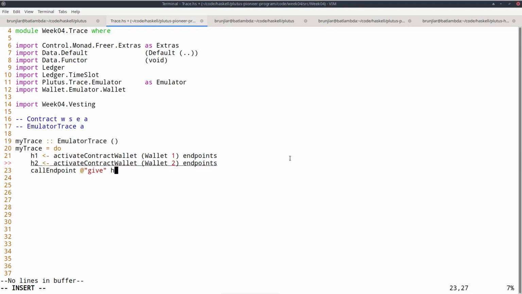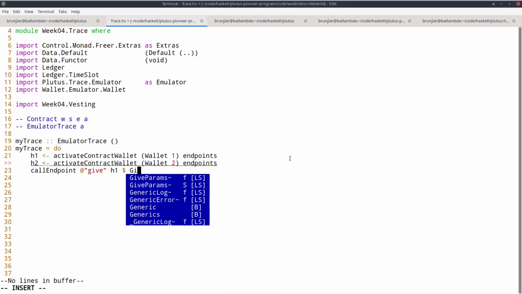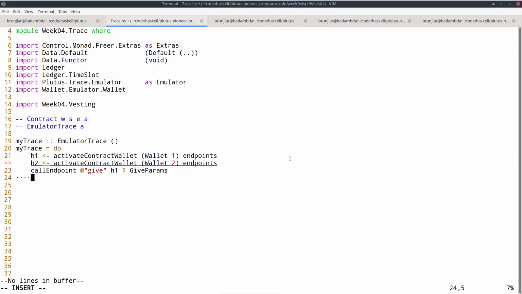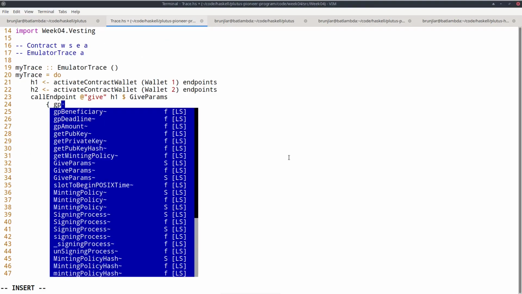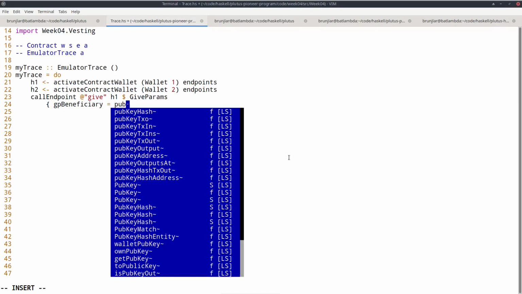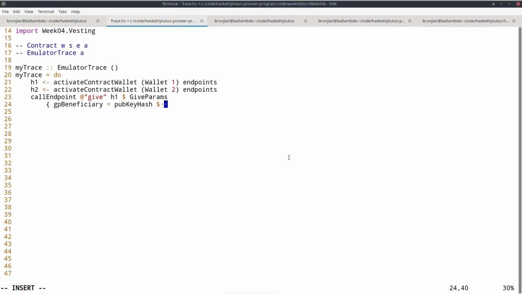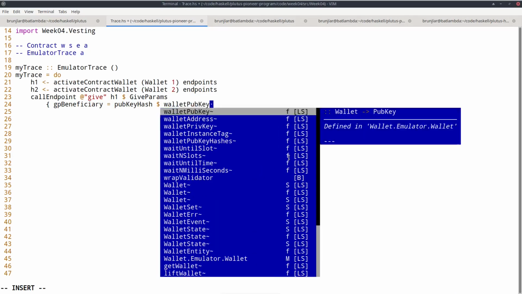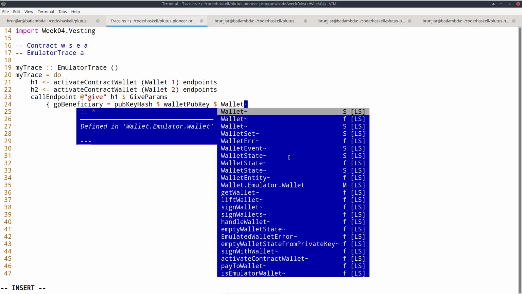And now we must specify the parameters, the values we give to this endpoint. So in the case of give, that was the give params data type, and that had 3 arguments: the beneficiary, the deadline, and the amount. The beneficiary should be wallet 2, and it must be wallet 2's pub key hash. And we can do that with pub key hash wallet pub key wallet 2.